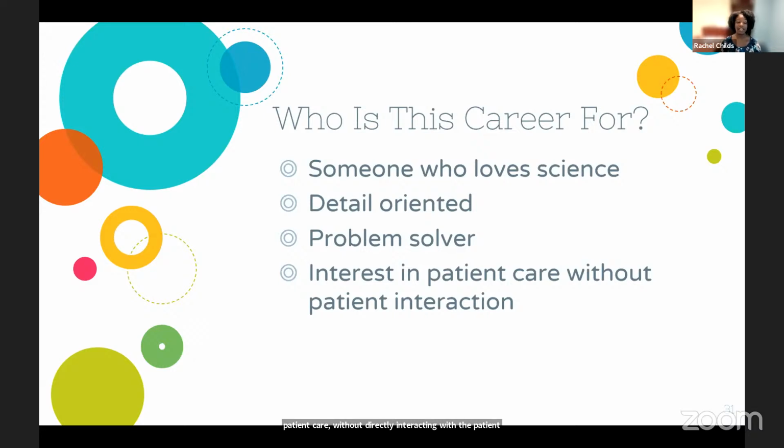For those of you who are introverted, or for friends that may want to help with patient care but don't necessarily feel comfortable seeing the patient one-on-one, this might be a great career field for you. Now, that doesn't necessarily mean if you are extroverted that you can't be a medical laboratory scientist. All gamuts of individuals are medical laboratory scientists, but in general, this tends to be a field for